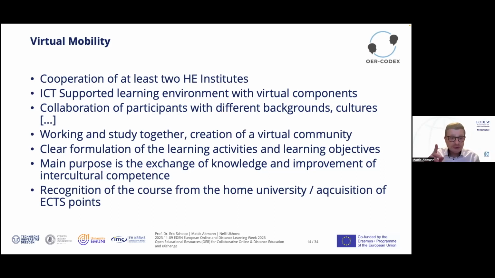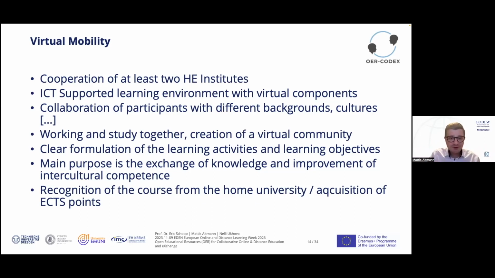And the most crucial thing here is the recognition of the course at the respective home institutions of students, so that the students can acquire ECTS or study credit points. If you don't have any recognition of study credit points, there will be an unequal weight within the module if you mix international groups, which will lead to a lack of motivation.